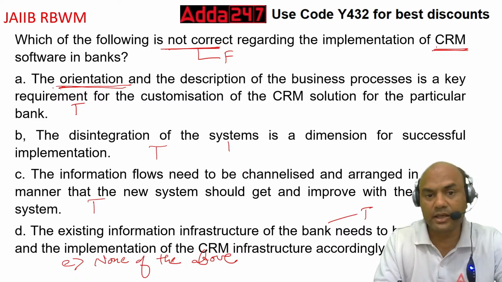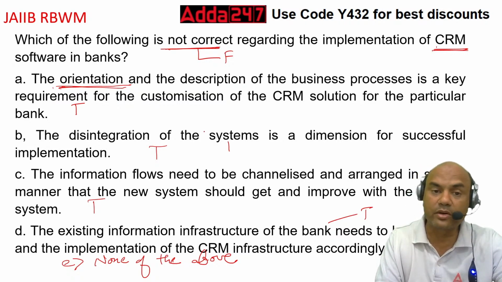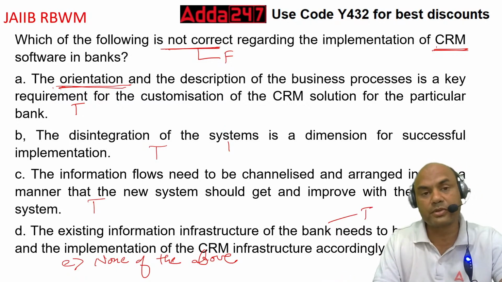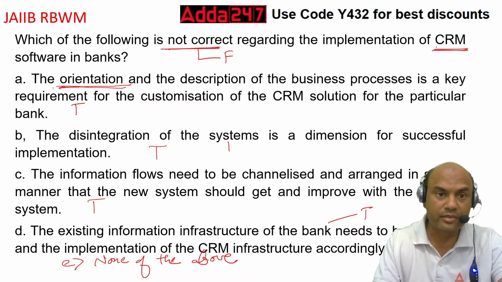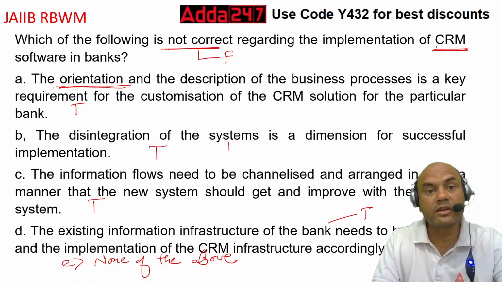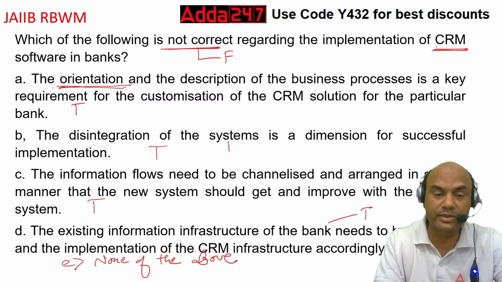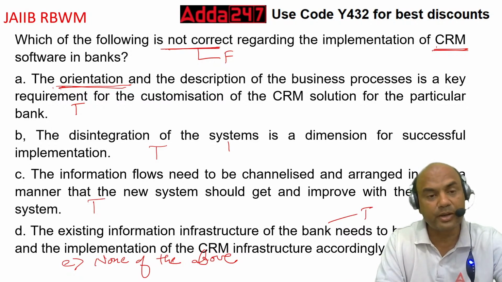Suppose I say account opening process, system of account opening process. What do I mean by this? When I say system of account opening process, I have to check that there are various parts in this account opening process. Getting the documents, one part. Then speaking to the customer, second part. Getting the documents signed, third part. Checking the originals, fourth part. Opening the account, putting it into the system, fifth part.